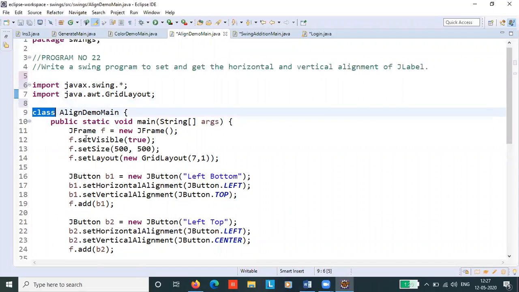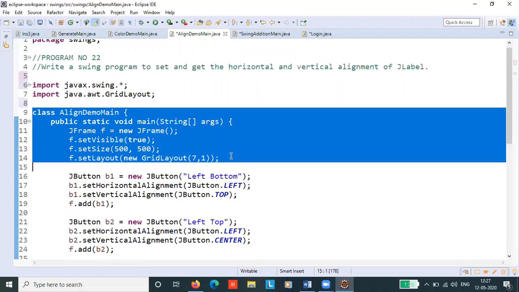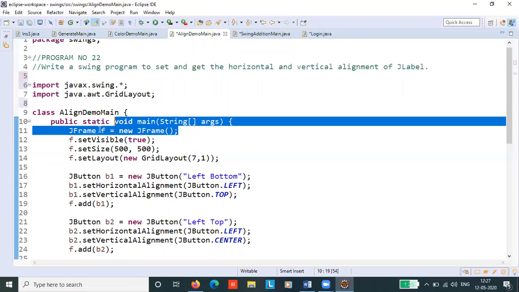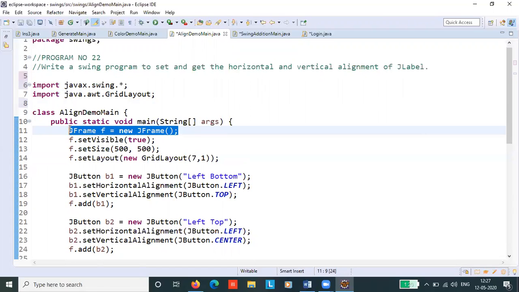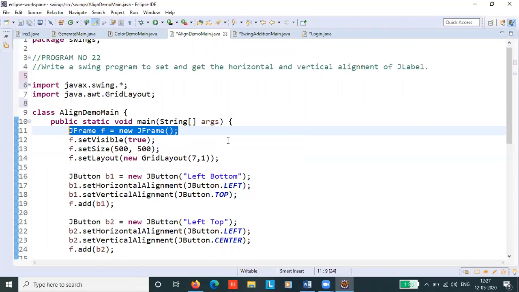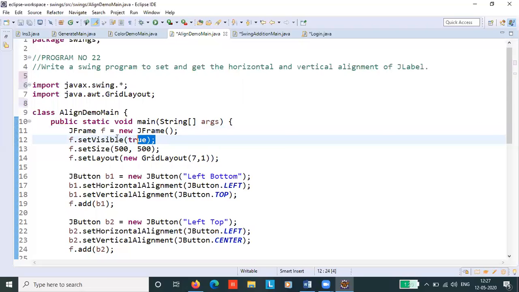So the first step in any GUI program is to create a window or a frame. Here also, the first step is to create a JFrame called F in this example. Then we have to set the visibility to true because the frame has to be visible on the console.